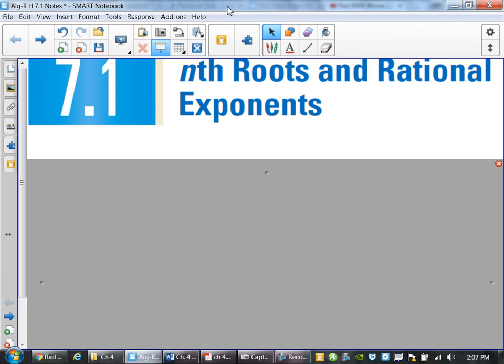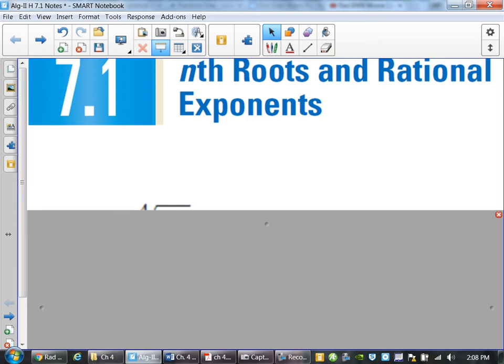We're going to be working with our exponent rules, but our exponents are now going to have fractions in them. Which means all of our exponent rules still hold true, but now we're going to have to deal with it in terms with fractions. We're also going to look at it in terms of what are called nth roots. For example, the easiest thing to talk about when we're looking at what we call an nth root